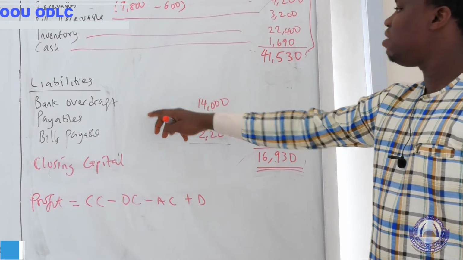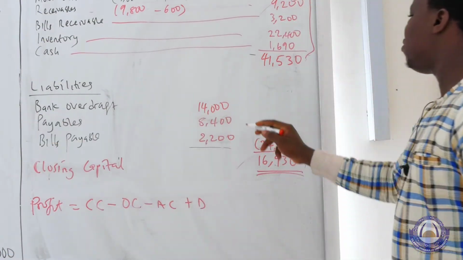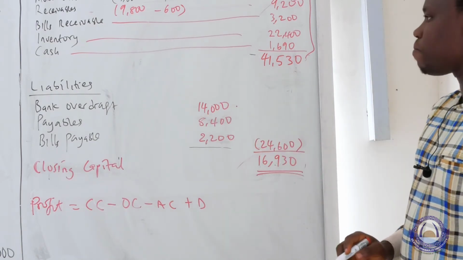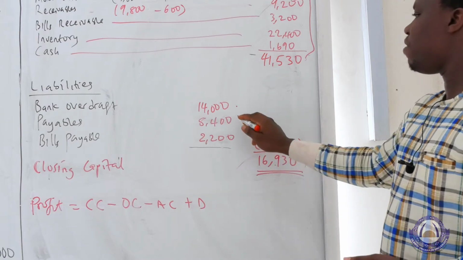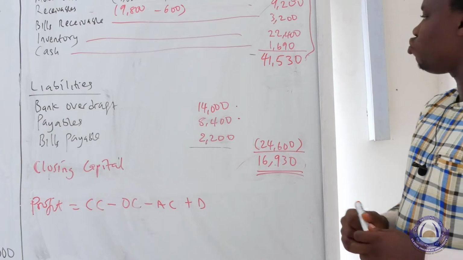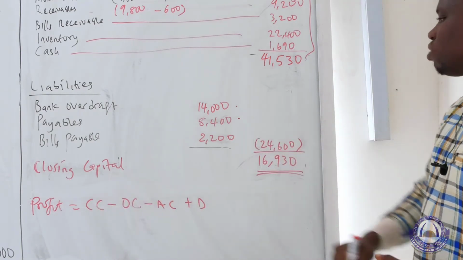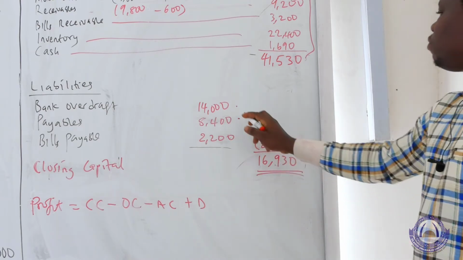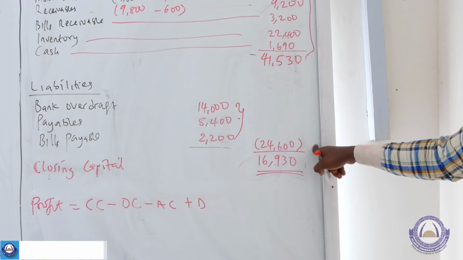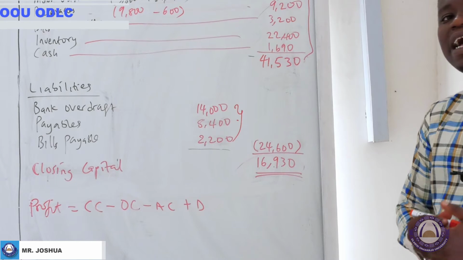The total liabilities is comprised of bank overdraft. At the end of the year, the bank overdraft stood at 14,000 naira. We have payables of 8,400 naira and bills payable of 2,200 naira. If you sum all of the liabilities together, it gives a total of 24,600 naira. And following the accounting equation, that capital is